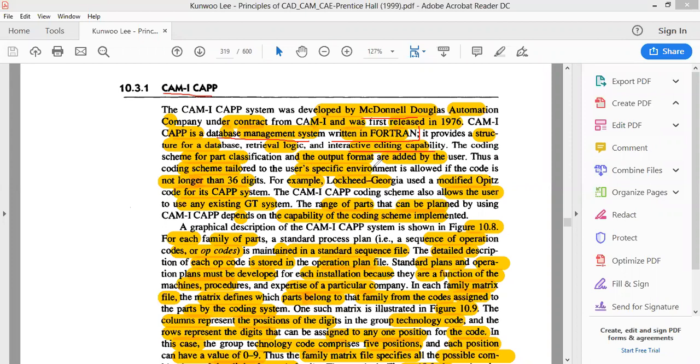As I just mentioned, for any of the methods that is being used, usually the code will not be more than 36 digits. Because when we take, for example, the assembly shop of a two-wheeler or a car manufacturer, inside a car or any automobile there are thousands of parts coming in.